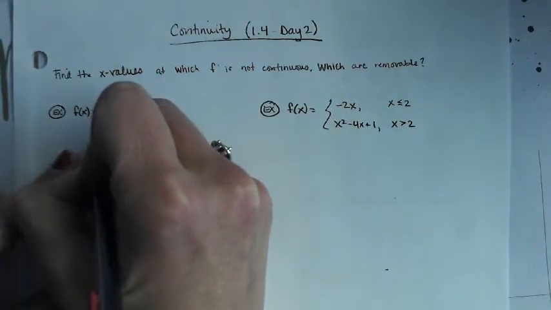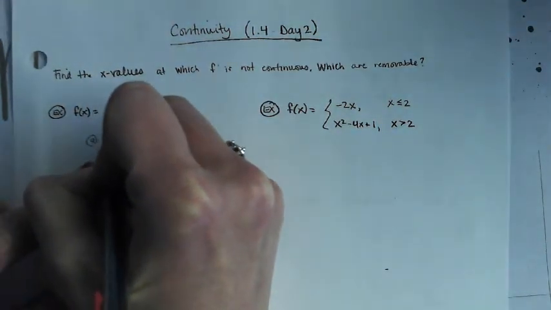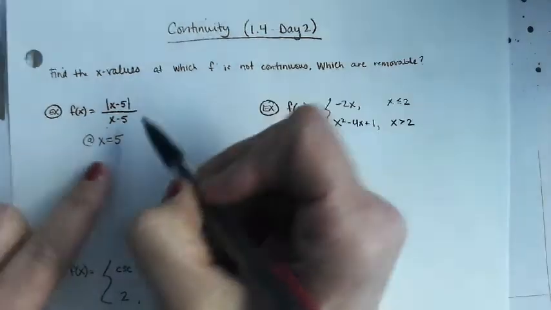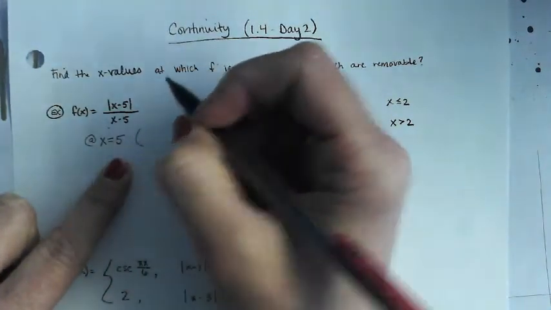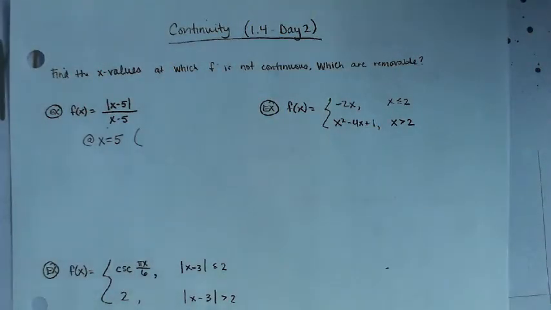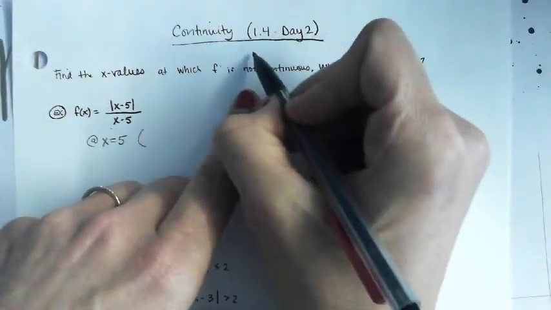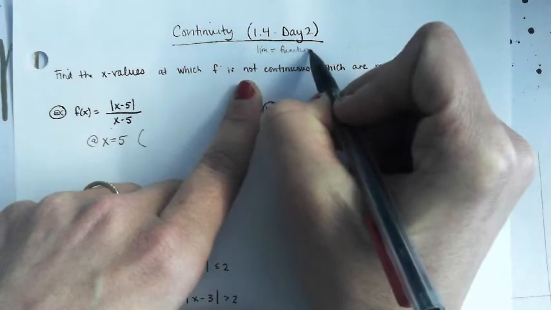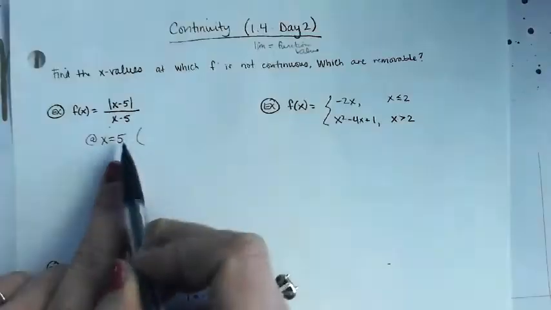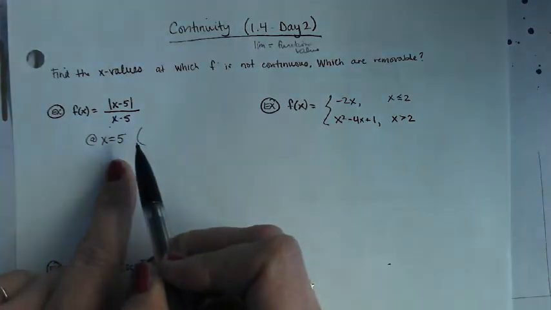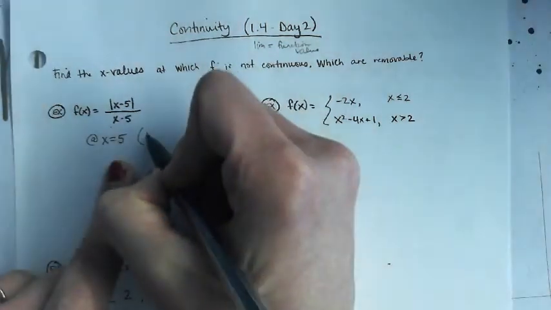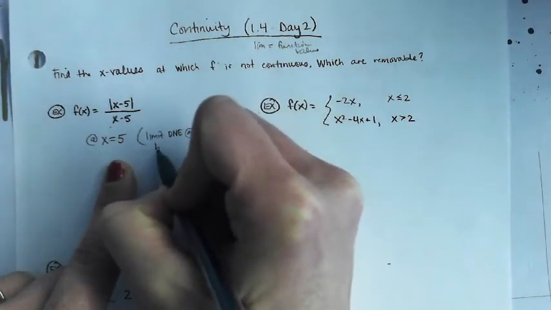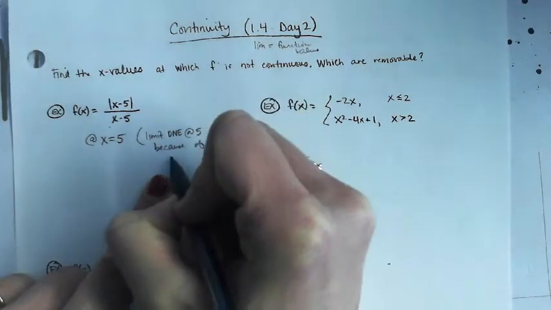Where is this not continuous? Okay, so at x equals 5. It's not continuous. Just, what's the reason? Jump, okay? So essentially, the real reason for not being continuous, knowing that continuous means that the limit has to equal the function value. This particular one is discontinuous really because the limit doesn't even exist, right? If the limit does not exist at 5 because of the jump,